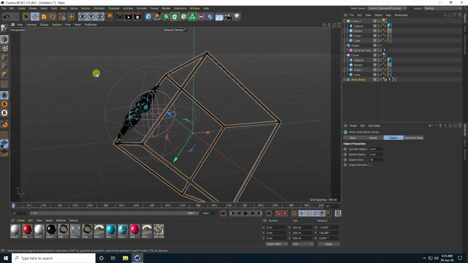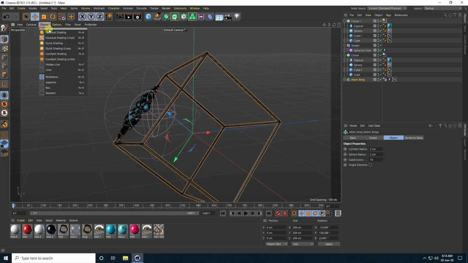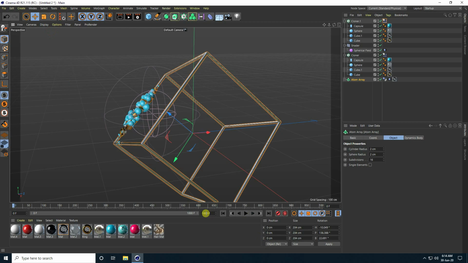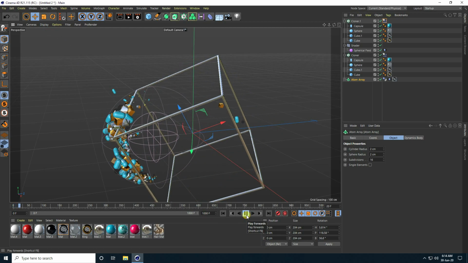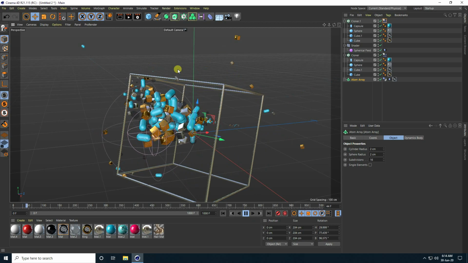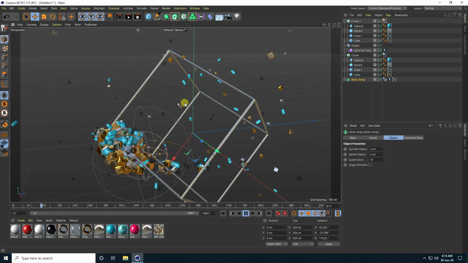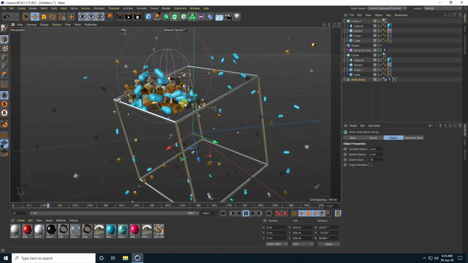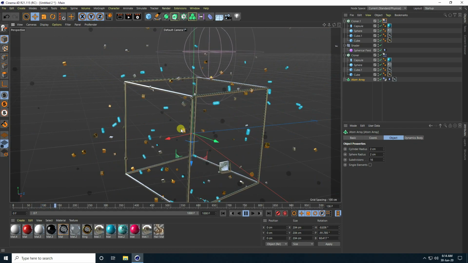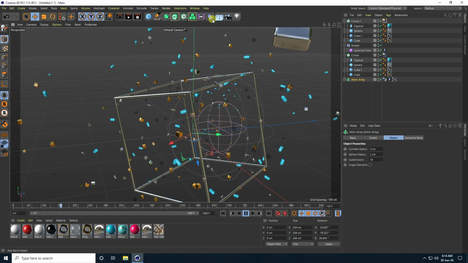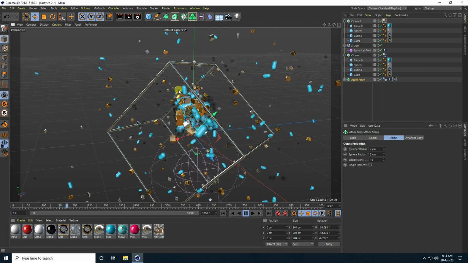Now again go back and I go to Display, select Gouraud Shading (Lines). It's actually Hide Lines, and play. Yeah, beautiful. See guys, that's my small background particles. Right? Okay, so all is good. Guys, my particle animation is finished.